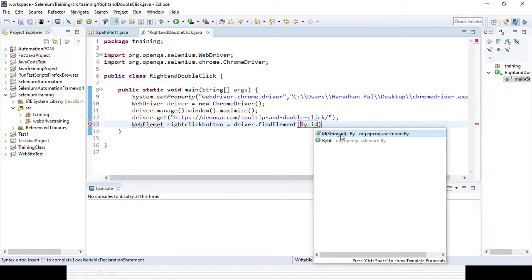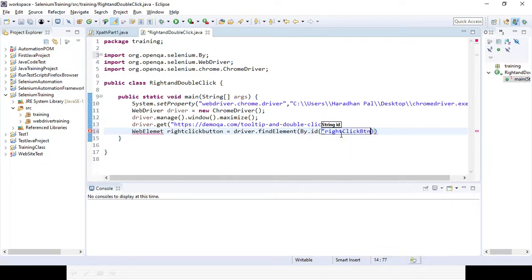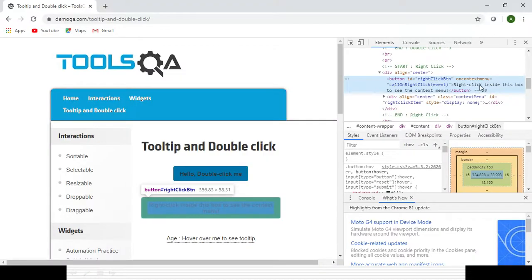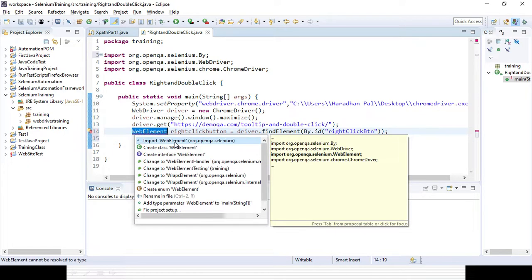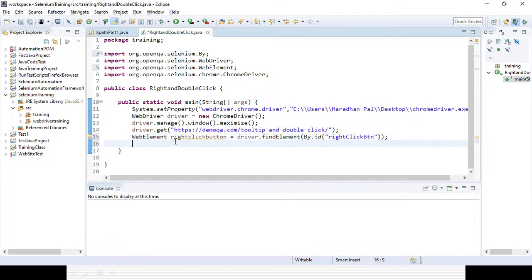I am passing the ID because here the ID is unique, otherwise not. Then you can see under WebElement some error message is coming. We need to import the WebElement class from the org.openqa.selenium package. Once the import is done, the error message is gone.